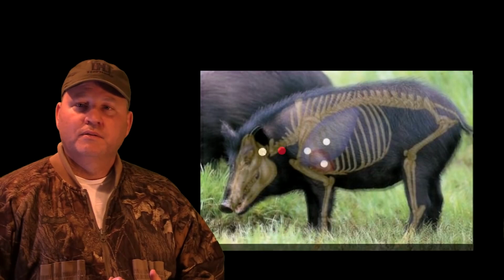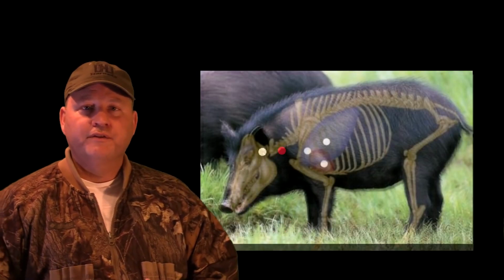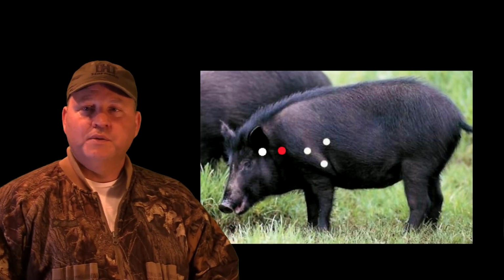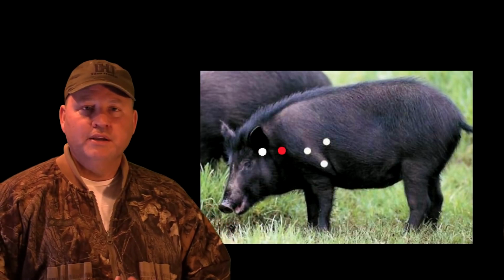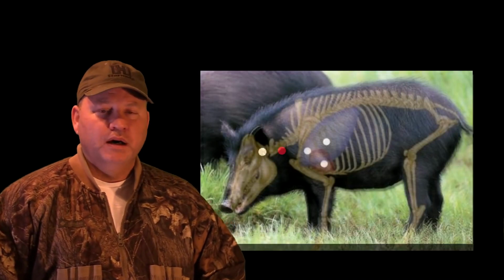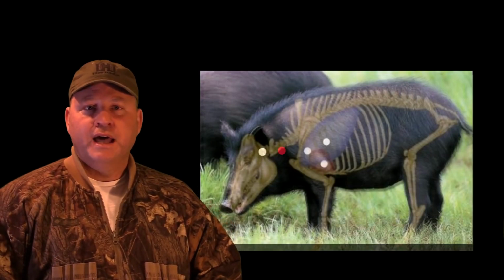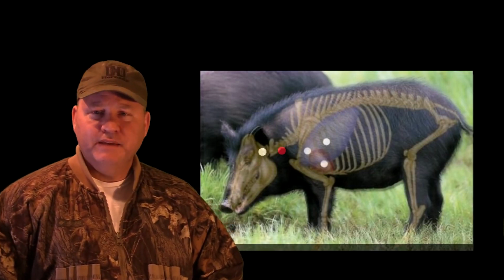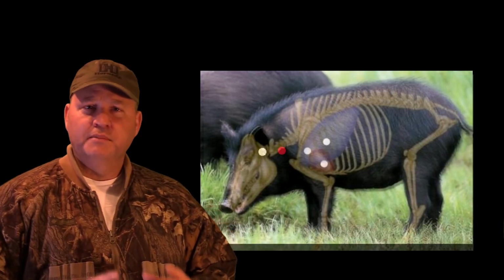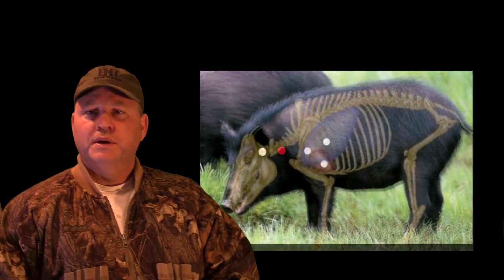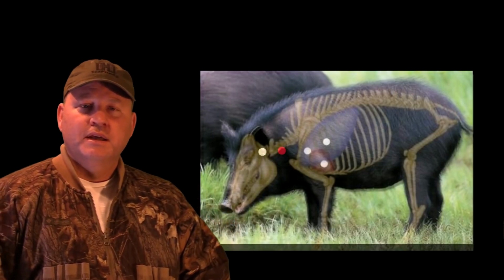That is the center of the neck, right on the front curve of the shoulder. And the reason I picked that is that's where the spine is. When you shoot there and you hit perfectly, you're going to take out the spine. And with a powerful caliber like the 6.8 or a 308, even if you miss, there's a lot of muscle around there, and from the shock of that round, you're going to break the neck